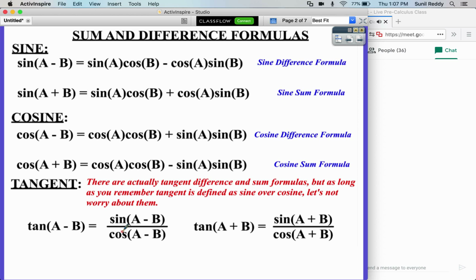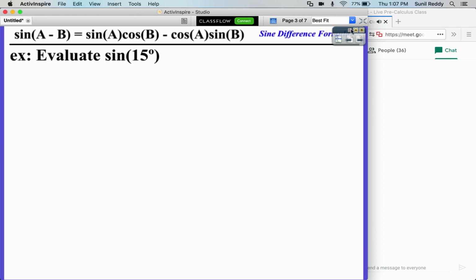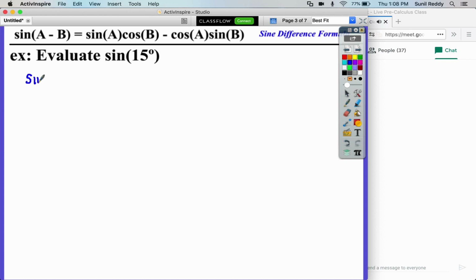Okay, so these are the formulas that are going to be really important for today's class and then for the homework that's going to be due on Monday that I'll talk about in a little bit. So now that we have this sine difference formula, we can actually go ahead and evaluate the problem that we weren't able to evaluate on the previous page. So now using that formula, I know that the sine of 15 degrees